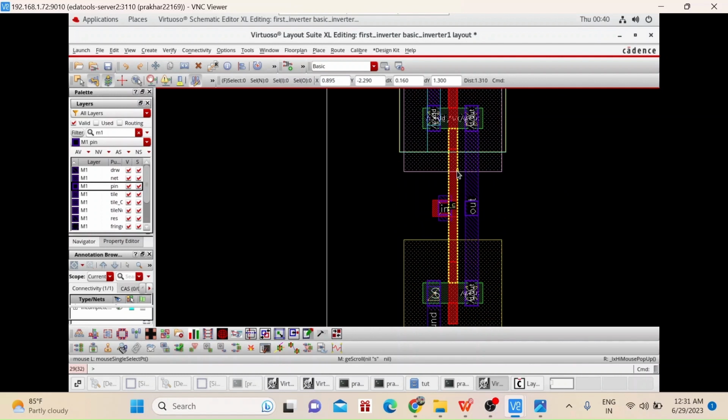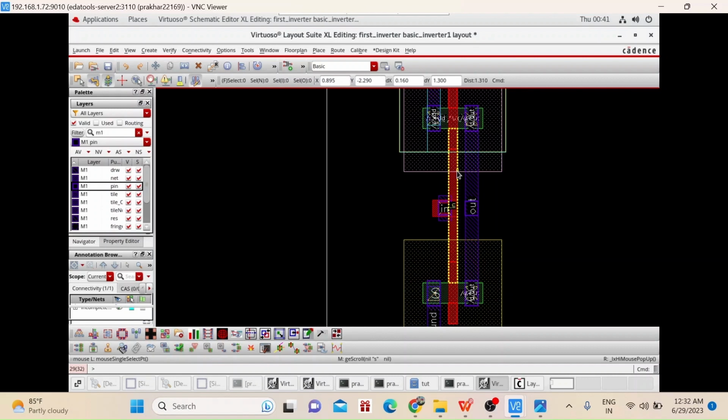So do you think the layout is completed? The answer is clearly no, because there are many DRC errors which I can already see, but let me explain to you also. Before that I want to give a brief description of what DRC is. So DRC, there are some specific rules or constraints that need to be followed to ensure the circuit works correctly.